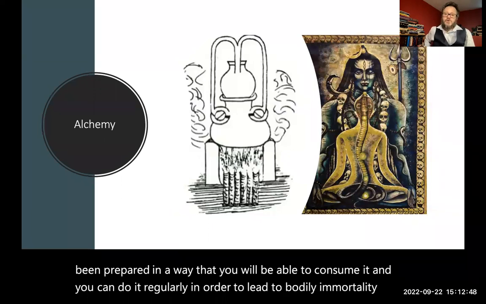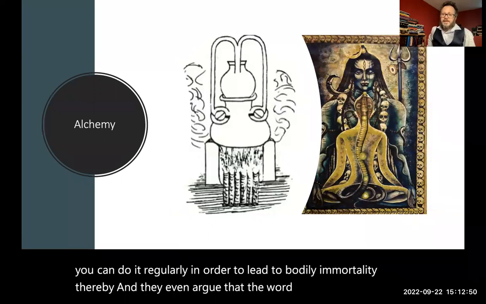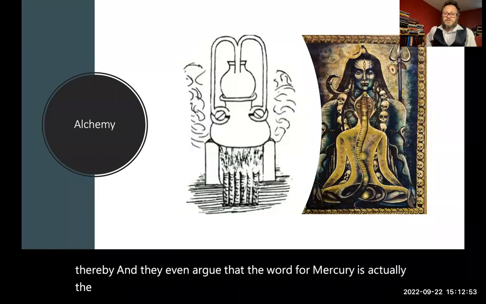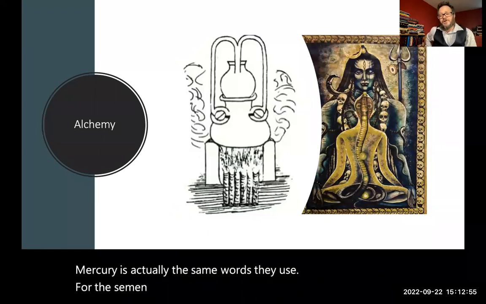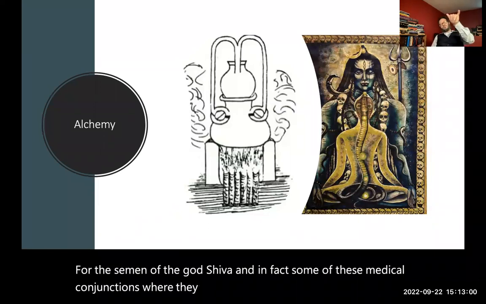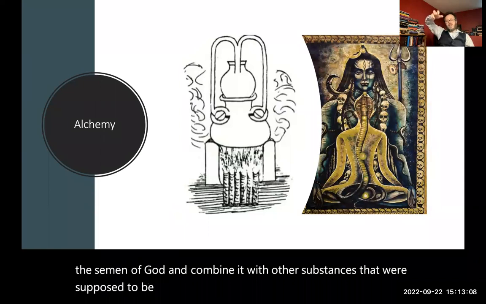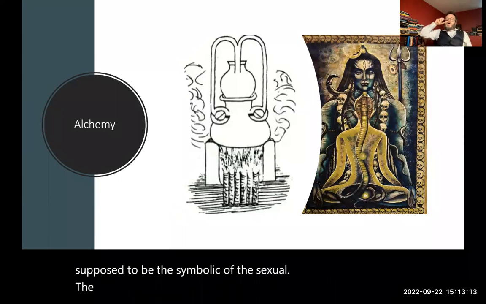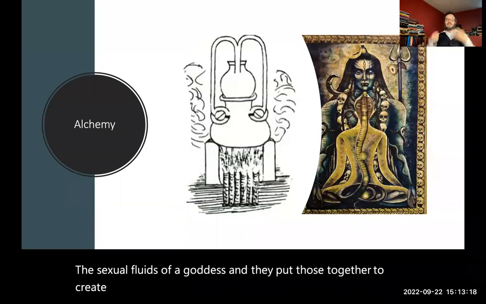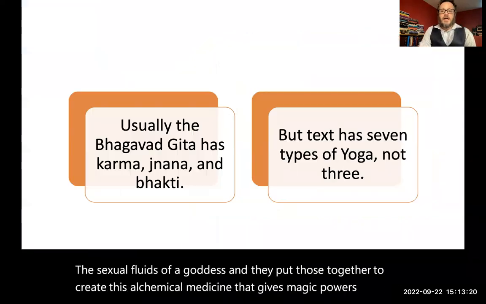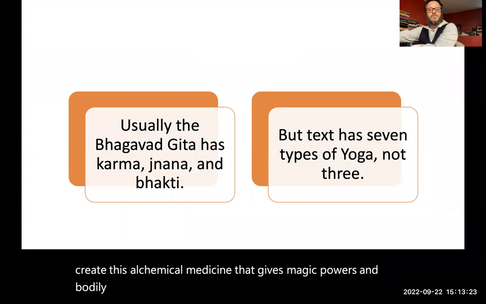Thereby, and they even argue that the word for mercury is actually the same word they use for the semen of the god Shiva. And in fact, some of these medical conjunctions where they would take the mercury, which is the semen of God, and combine it with other substances that were supposed to be symbolic of the sexual fluids of a goddess. And they put those together to create this alchemical medicine that gives magic powers and bodily immortality. All right, so